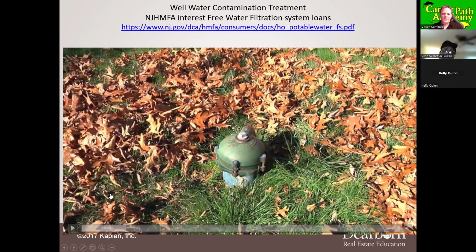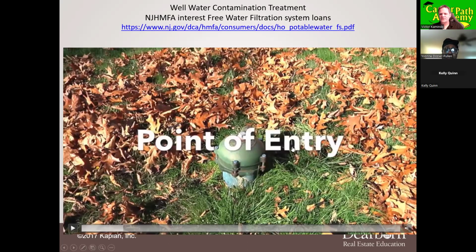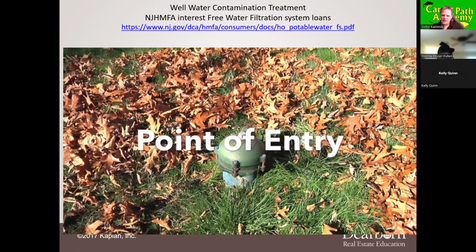Now, they mentioned the point of entry system. Point of entry system is where all of the water that's entering the house is being filtered, running through a filter. It's being filtered from the point of entry into the house. That's the point of entry system, or POET system, they may refer to it as a point of entry treatment, POET. Sometimes on the state exam, they may mention that. Okay, I was just going to ask that. Yeah, and then